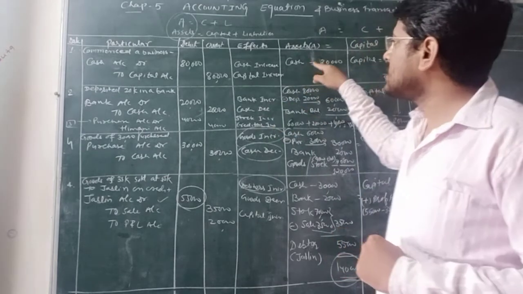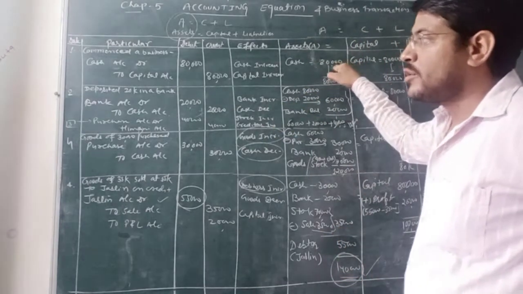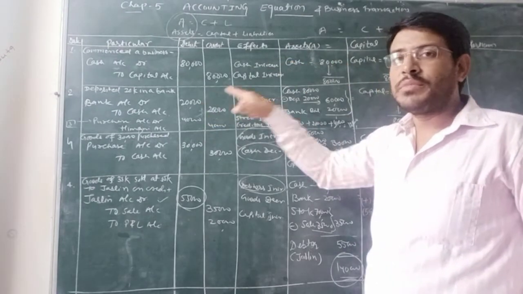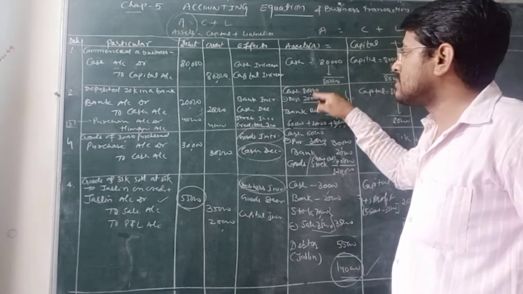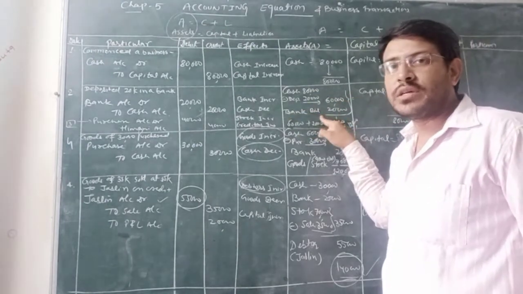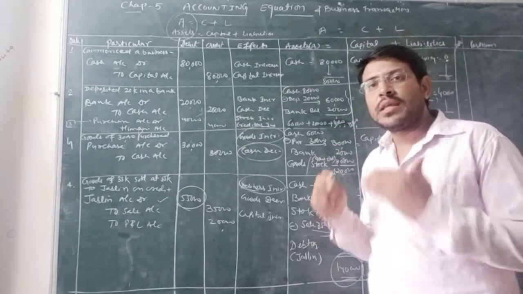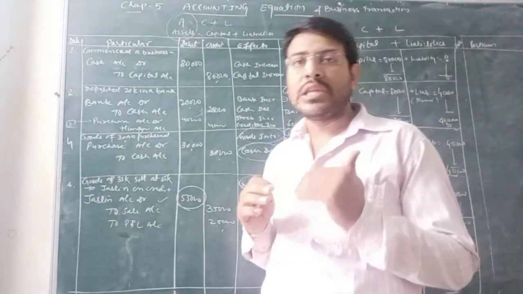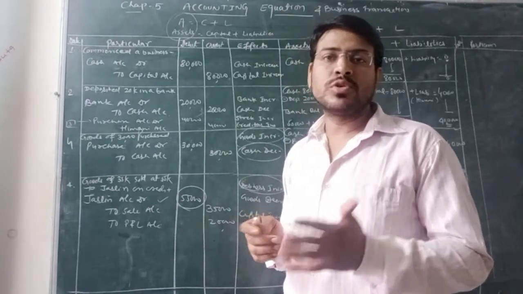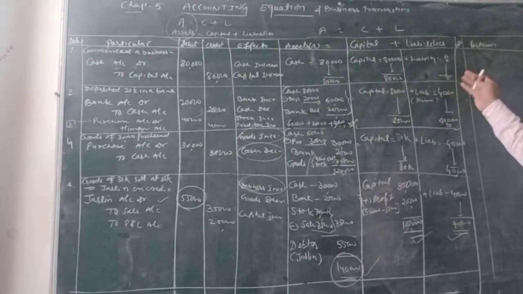So over here you can see you have a cash balance of 80,000 initially, but right now you are depositing 20,000 in the bank, means 20,000 will reduce from your cash balance and it will remain only 60,000. The bank balance will emerge over there and the same thing will happen. It can be said there is only a change in the assets column. There is no change either in capital or in liability section. So they will remain the same as your 80,000 and 0.